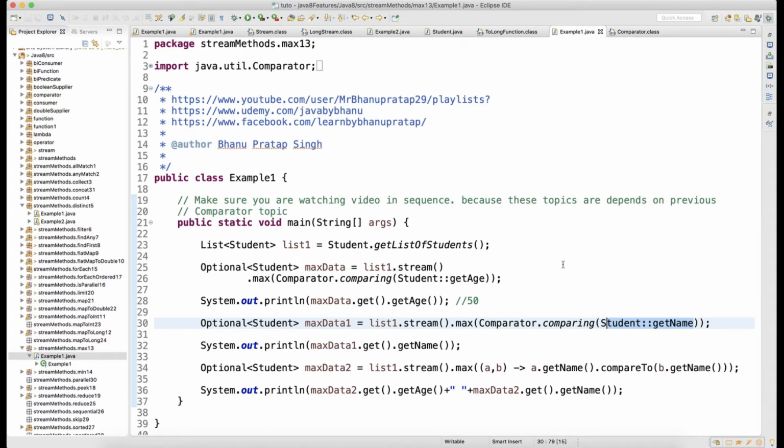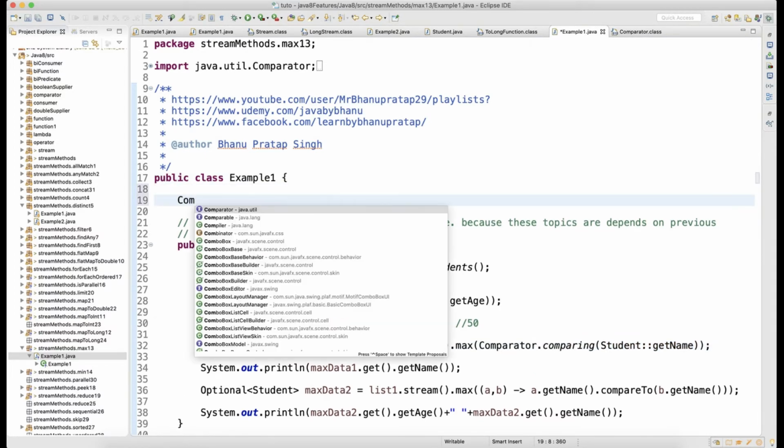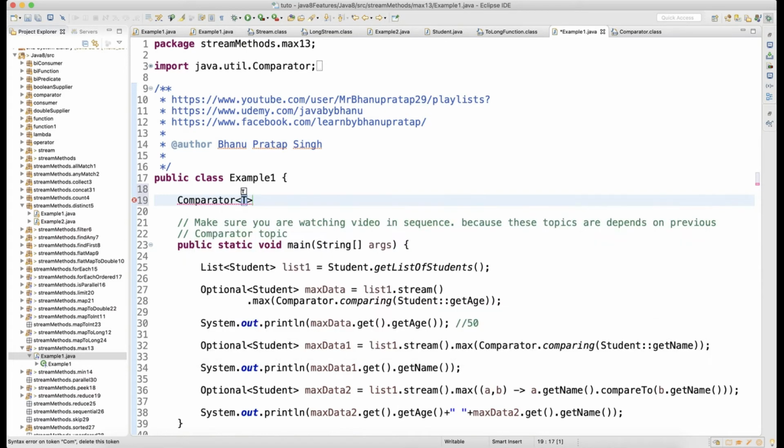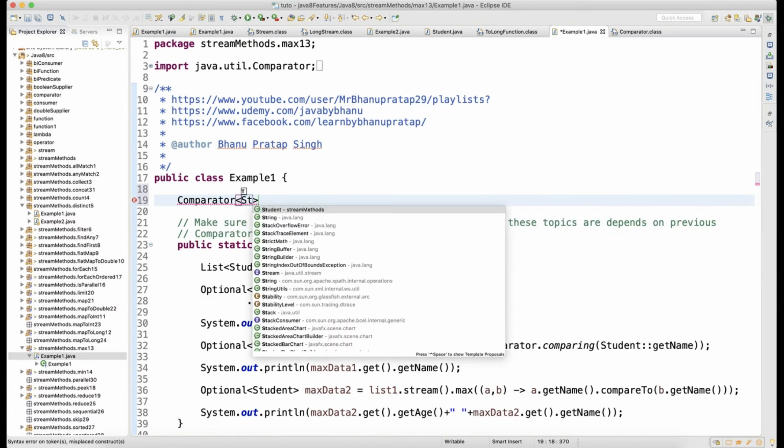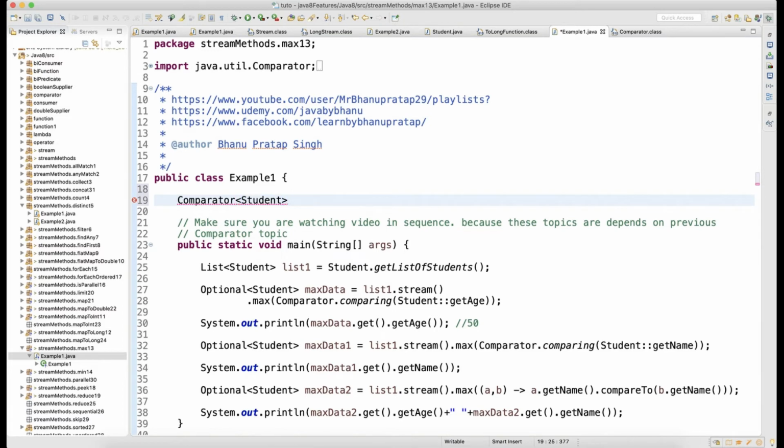Or guys, if you literally want to write a comparator, you can write one, let me just write one so that you will not have any confusion. Otherwise you will get confused about what I'm trying to explain. Since it's a comparator, it will take two arguments. You know that a comparator always takes two objects. So basically it will take two student objects like this, then an arrow, and then since it's a student object,